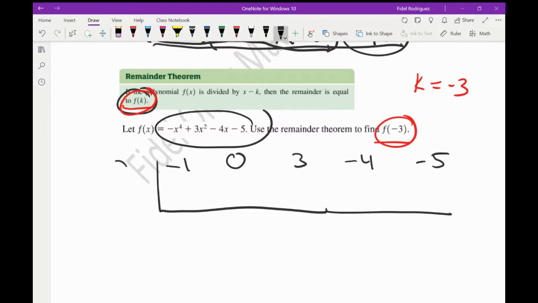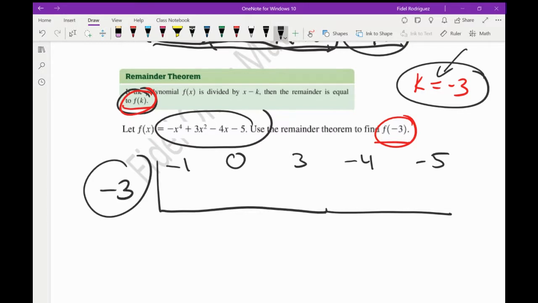Okay, now the number that I'm going to put right here is this number. Since it's already in the form k equals, the sign has been changed for me, okay? So now, remember, first step, we're going to bring down the negative 1, and we're going to multiply it. Negative 3 times negative 1, positive 3. We're going to add those numbers together. That's going to leave me with a